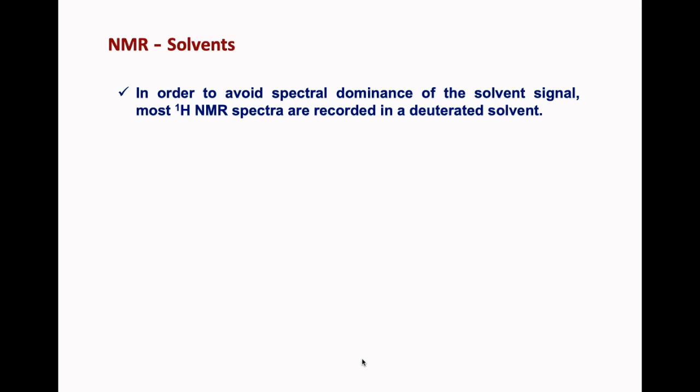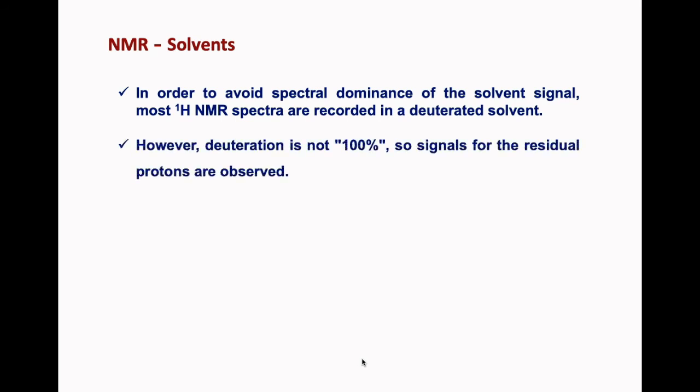The process of converting a solvent's protons into its deuterated form is known as deuteration. Usually, the deuteration process doesn't take place with 100% efficiency. As a result, a significant amount of residual protons will be present in any given deuterated solvent. Therefore, it will give you a very prominent NMR signal.